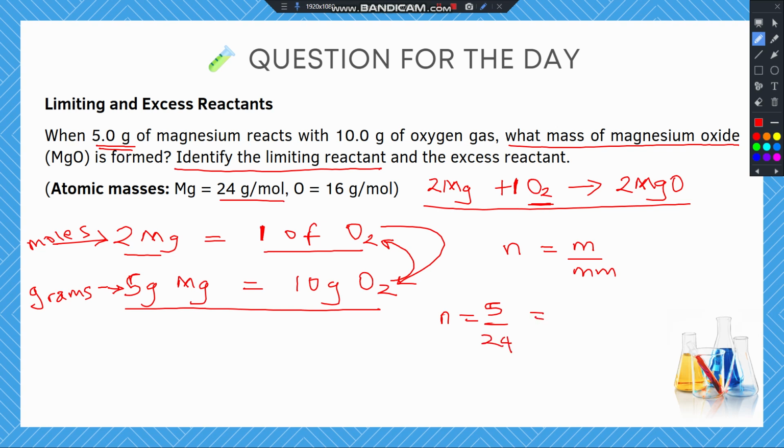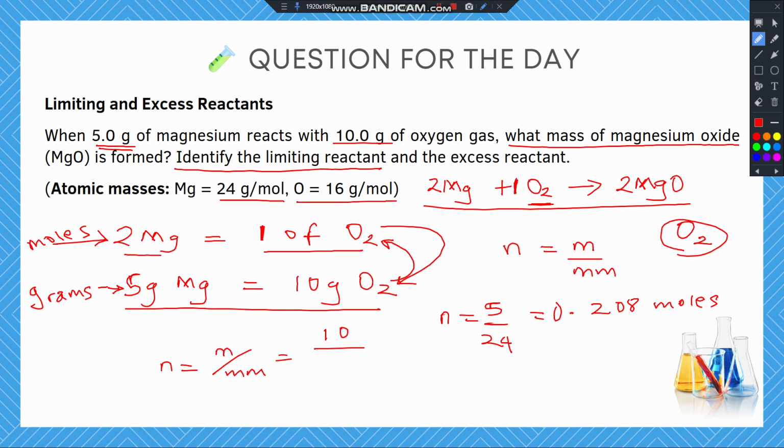So when we say 5 divided by 24, what we have is 0.208 moles. And then for oxygen, number of moles will be equal to the mass over the molar mass. The mass of oxygen is 10 grams, as they have given to us, 10 divided by the molar mass of oxygen. Now oxygen is O2, that is the symbol for the oxygen atom. So now oxygen is 16 grams per mole and we have O2, so that becomes 16 times 2, which is 32. So 10 divided by 32 will now give us